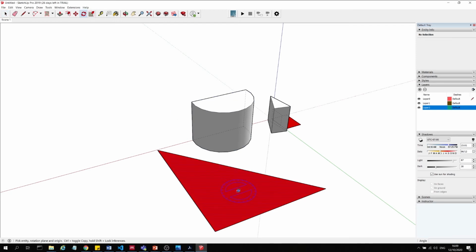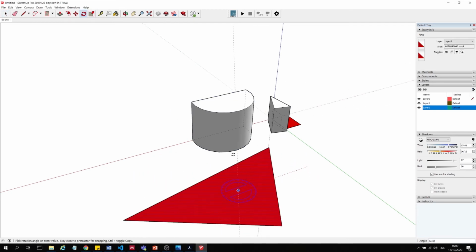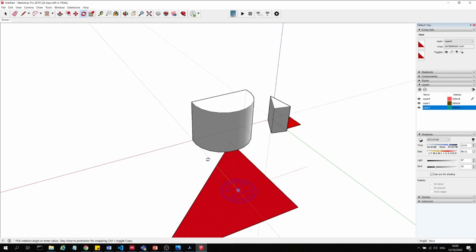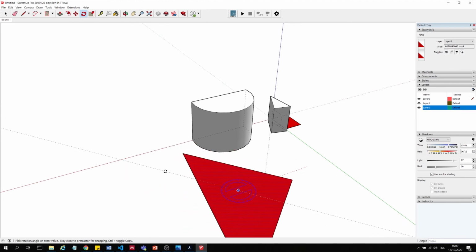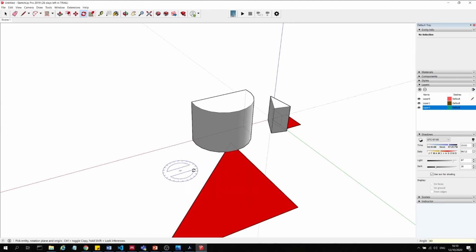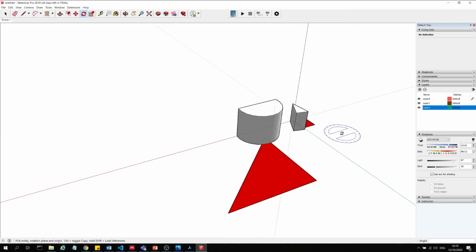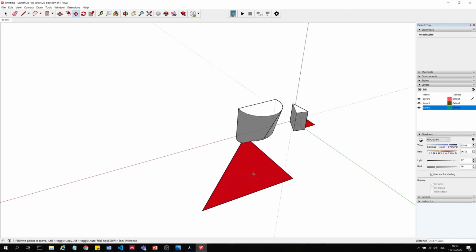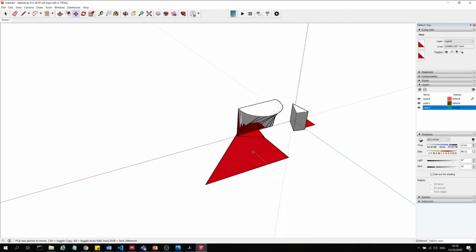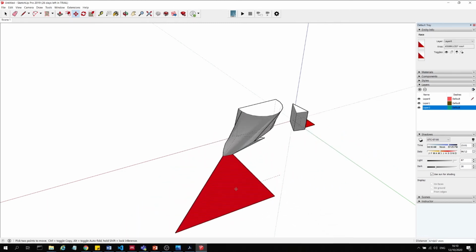I can also rotate objects, so I can do that with any object here in SketchUp. So I just simply click and then rotate. Again, I can input the exact angle that I want to rotate it by, 90 degrees in this case, and then click enter, escape. I can also move objects, so I just hover over and have to move. And now this has shown us some